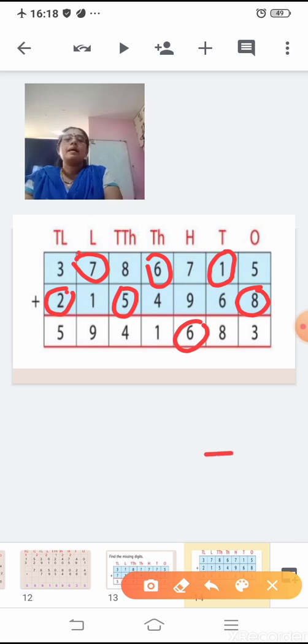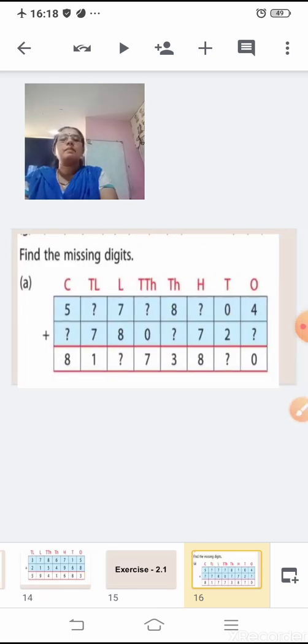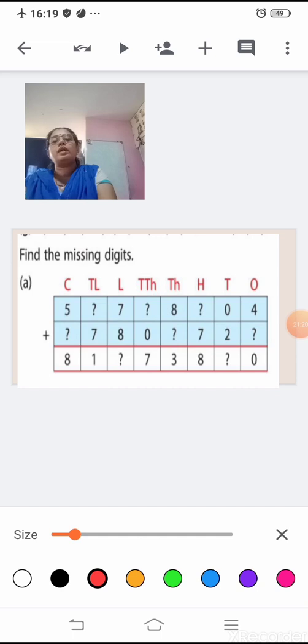So coming to the next example. Now same way, exercise 2.1, some sums are given in the textbook. I'll be taking some sums of find the missing digits. Now same here. Now see here, again 4 plus which number? Now it is given 0 here. That means it is smaller than 4. So which number if you add to 4, you will get the number 0? But since 0 is smaller than 4, you have to write the number here as 6, so that when you add, you get the number 10, where 0 is written and 1 is carried to the tens place.